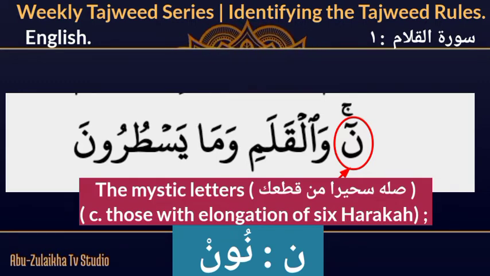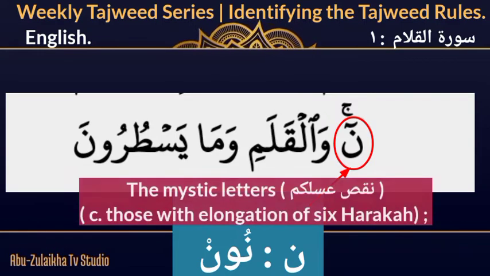So which means when you come across letter noon in the glorious Quran as one of the huruf muqatta'at, that is the mystic letters, you are going to extend its name, that is, elongate the name of that letter for the duration of 6 counts, as it was recited earlier as noon. So now we have understood that the elongation I just applied on the sound nu is that of a lazim, right?